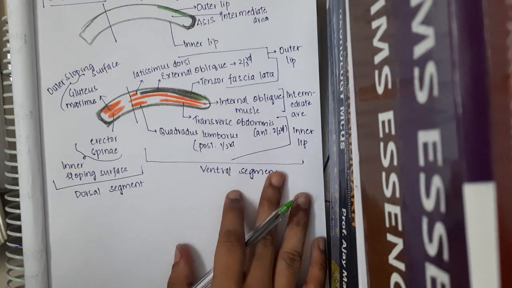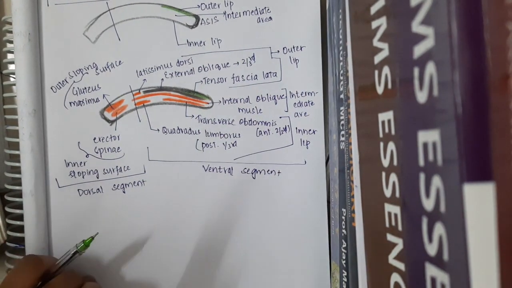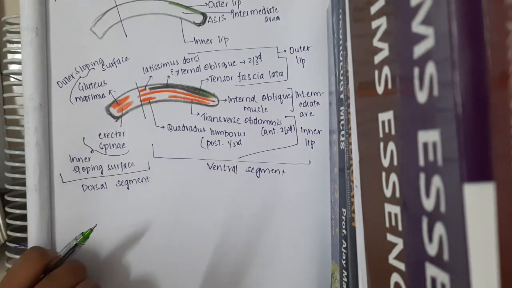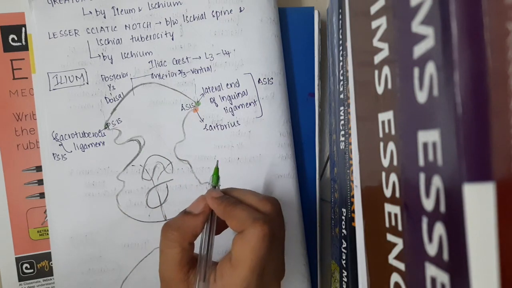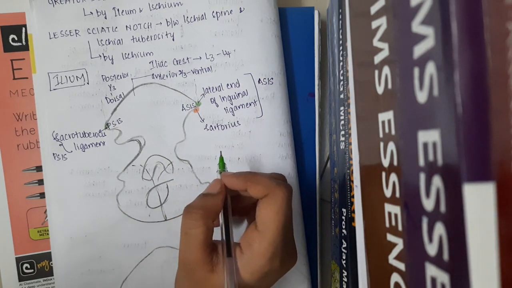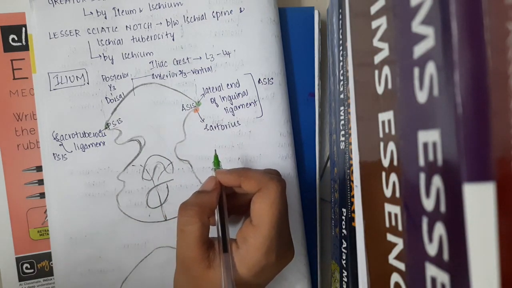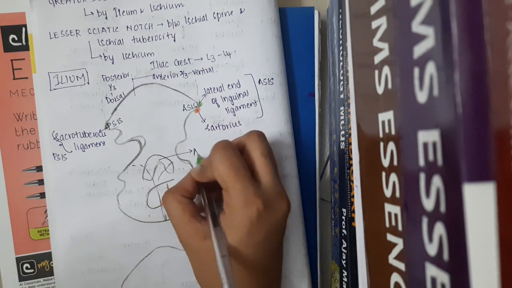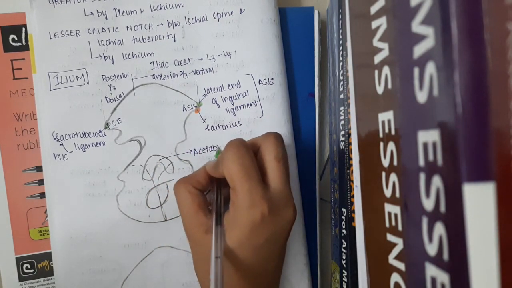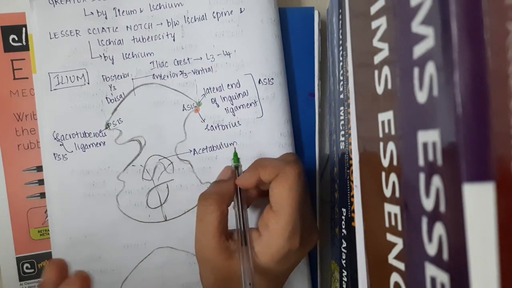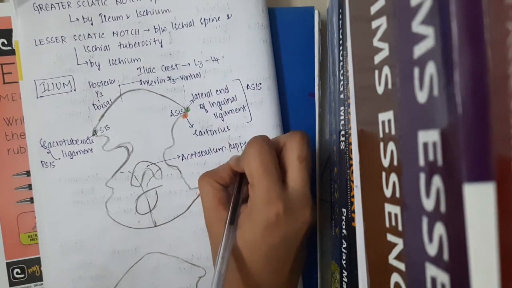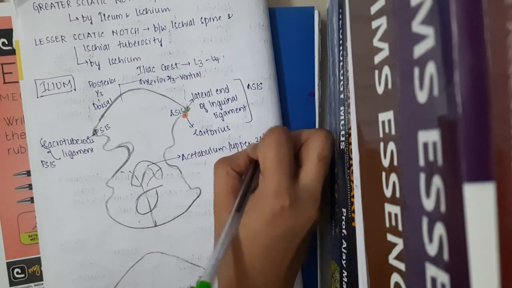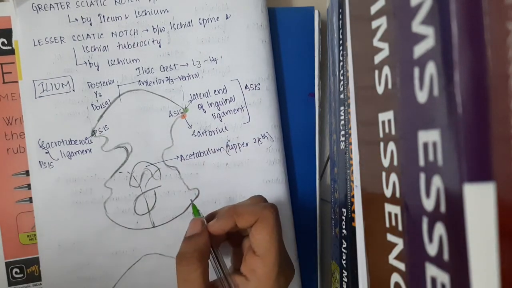Now, once we have learnt about the iliac crest, in the ischium you have to see what is present in the lower end of the ischium. So this is the lower end of the ischium. The lower end of the ischium has the acetabulum. That too, which part of the acetabulum? It forms the upper 2/5 of the acetabulum. Next, about the borders.